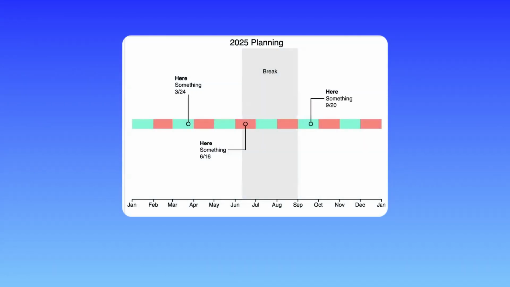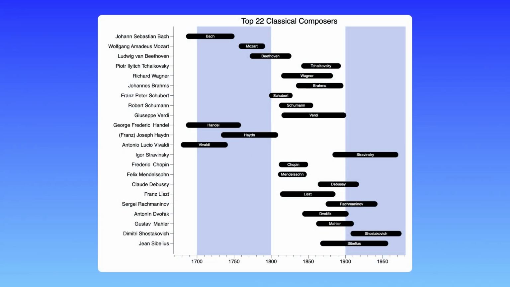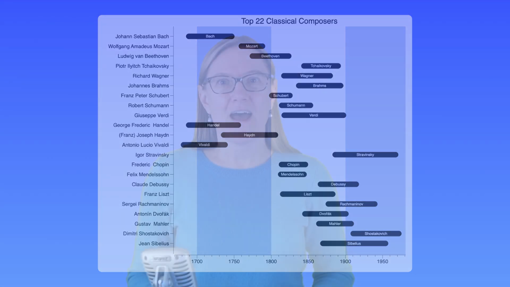If you have a series of events that you want to communicate to someone, then putting that on a timeline or a Gantt chart is a great way to give someone a visual, at-a-glance overview of that information. Hi, I'm Pamela Schultz, and in this video, you're going to learn how to use DataGraph for macOS in order